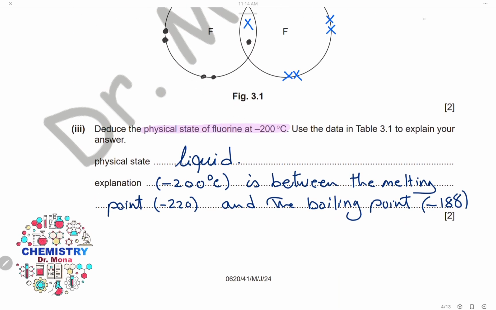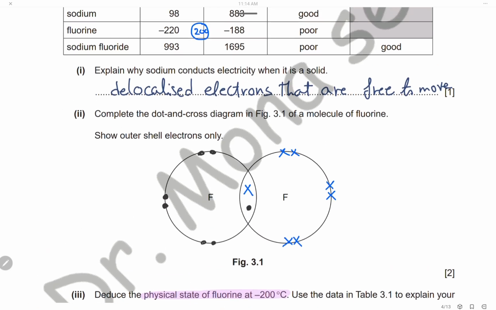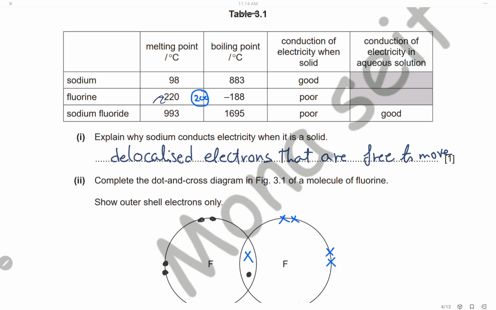Deduce the physical state of fluorine at -200. Use the data in the table to explain your answer. We will refer back to the table to see the melting point and the boiling point of fluorine to deduce the physical state of fluorine at -200. Here in the table, for fluorine, the melting point is -220 and the boiling point is -188. So at -200,